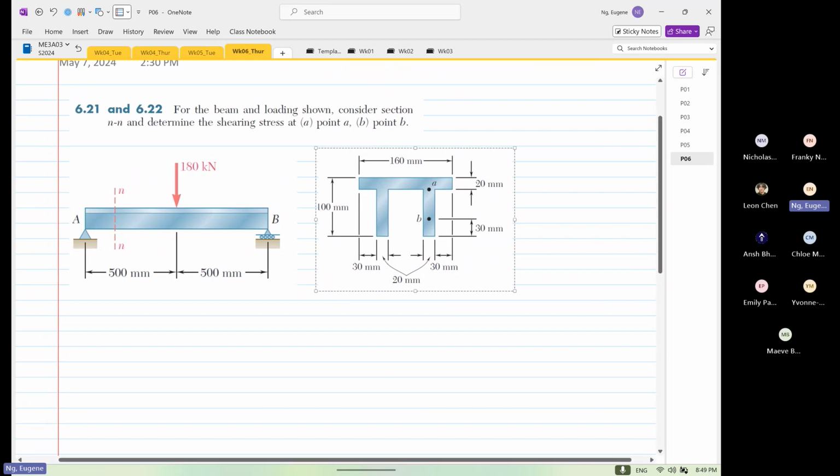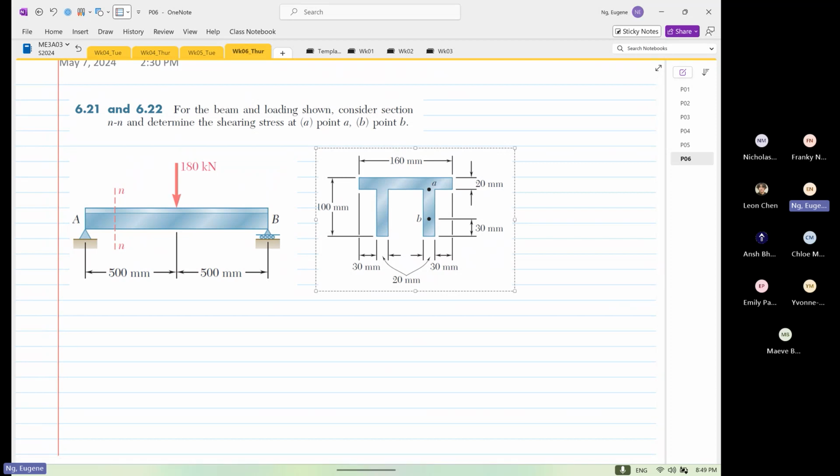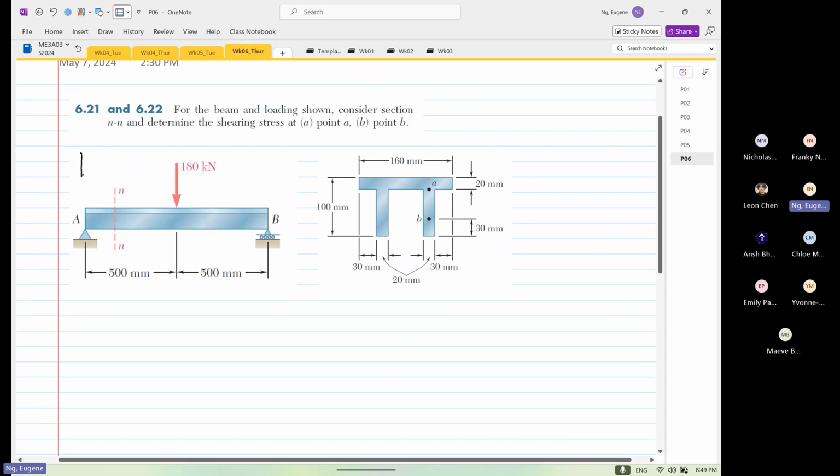Okay, so we have to first look at the reaction at point A and point B. So now I start sketching the transformation. So I know for a fact